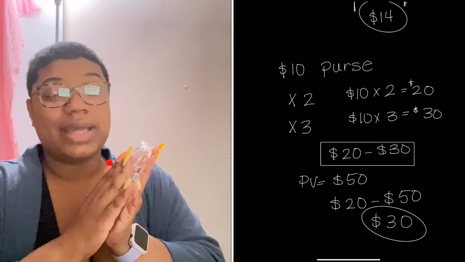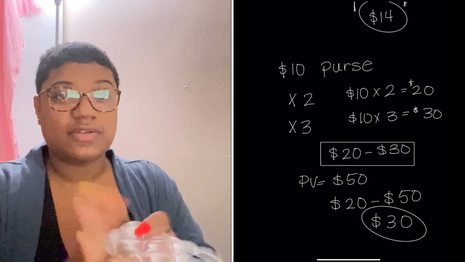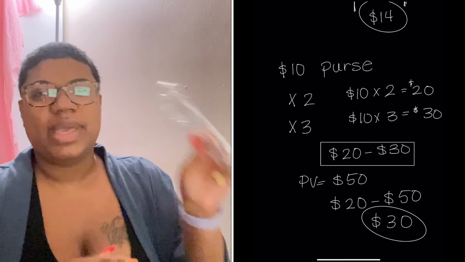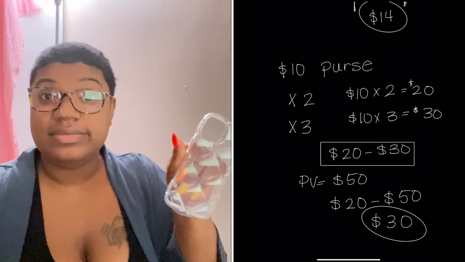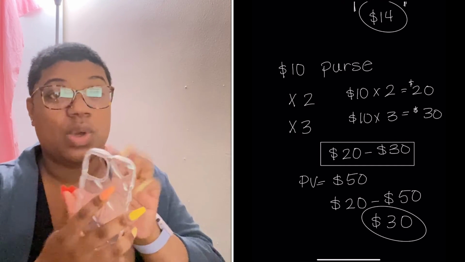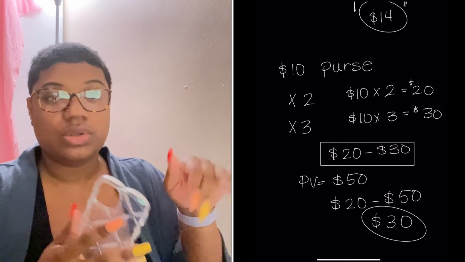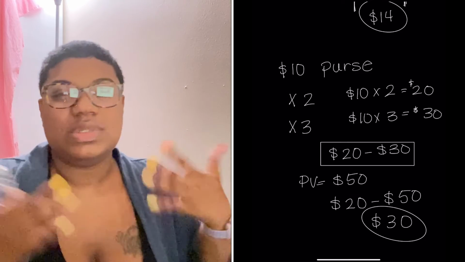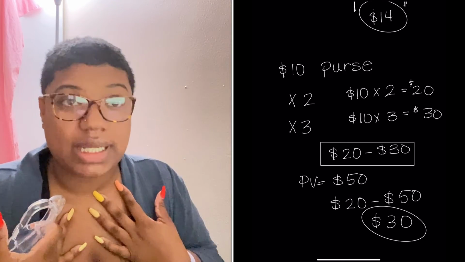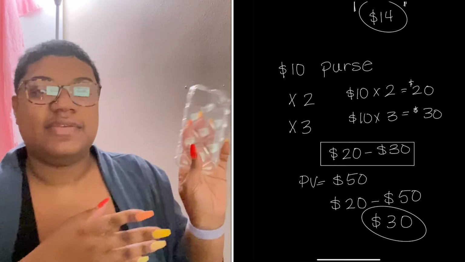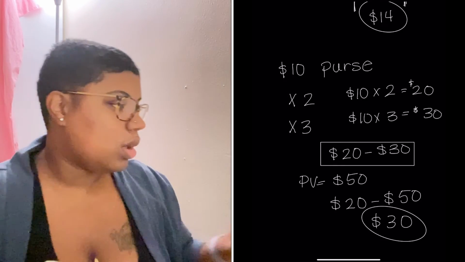Or most of the time, I probably just use my PV, my personal value. Like, even though I paid $3 for this, I think it should be $15. You know what I'm saying? So I didn't mark it up by 2 or 3. I just picked a price I felt was decent, that I pulled out of the air. Like, I would pay $15 for this. Or